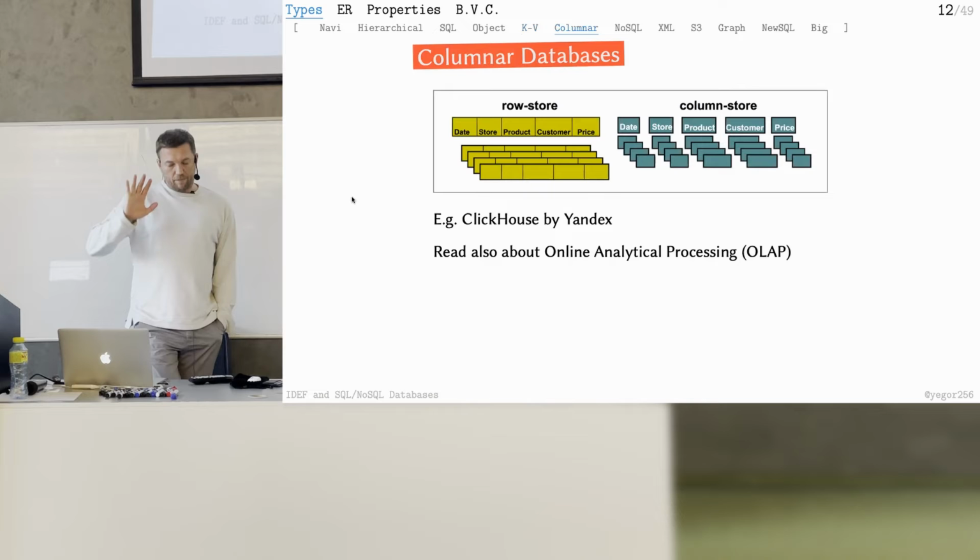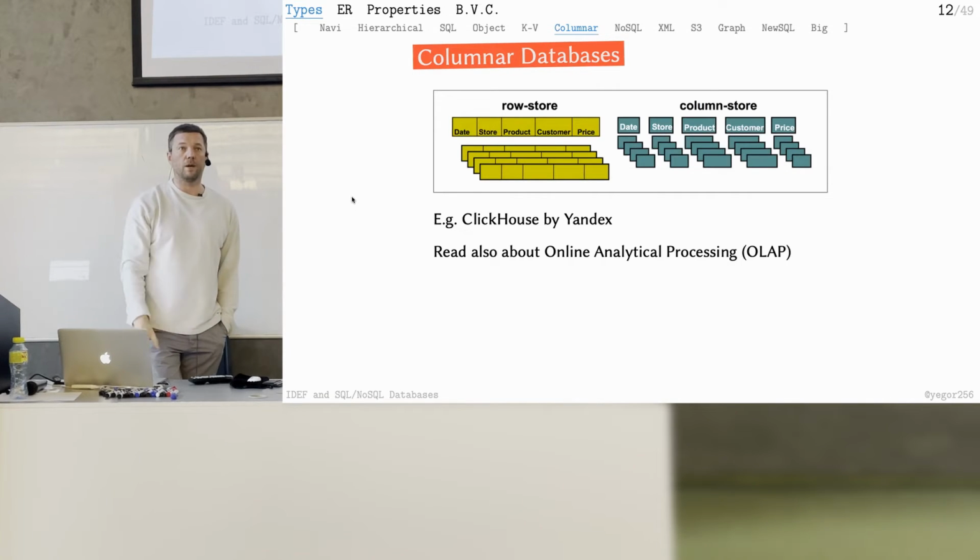Here the idea, I am definitely not an expert, but the idea is that on the left you see row store where we keep the products and each item, for example, the book we sell, it's a row. And then there are many, many rows, and then you go to the database, you say, give me some books which are cheaper than $50. And the database just goes through the list and finds you books and returns you books. In case of column store, you go there and say, give me all the books, all the prices which are lower than 50, and it gives you just a column of prices.